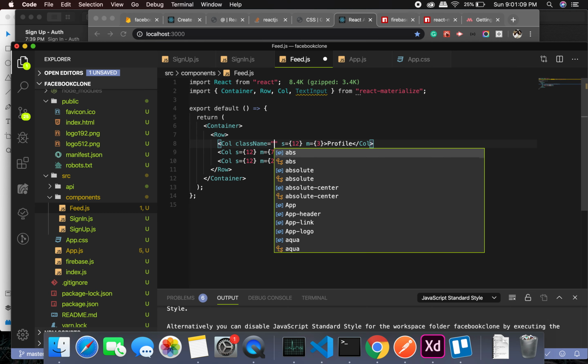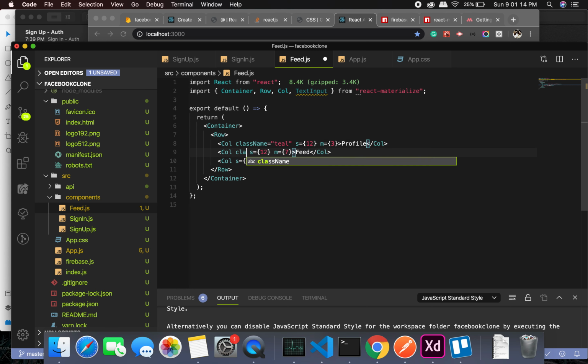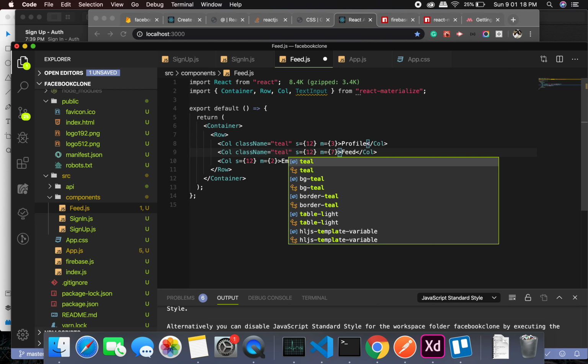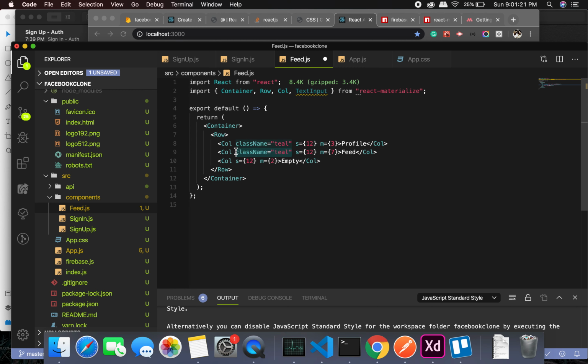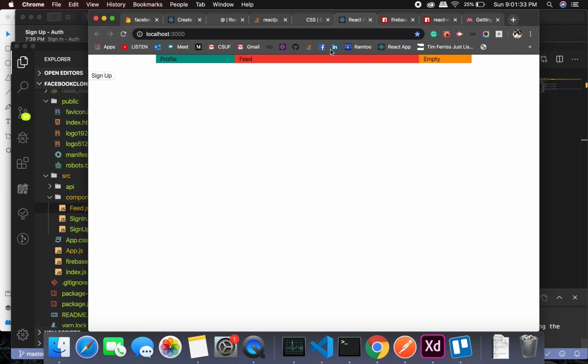Class name, teal, so this is just a background color. I'll have the same one for the third one. Okay, red, orange. Okay, so it's divided as we expected it to, and I think we can get rid of this